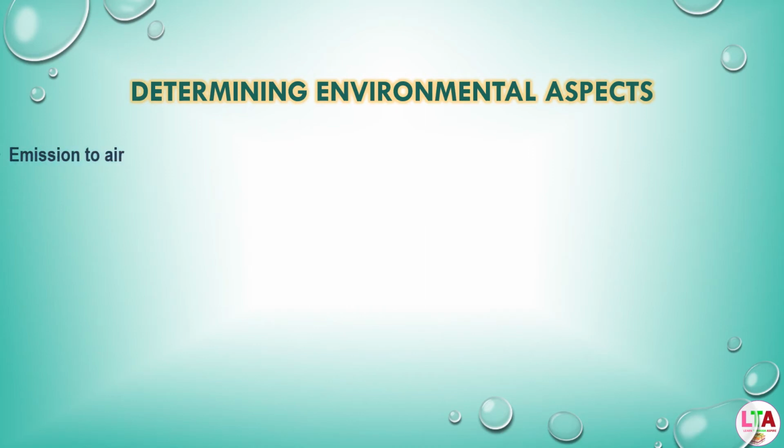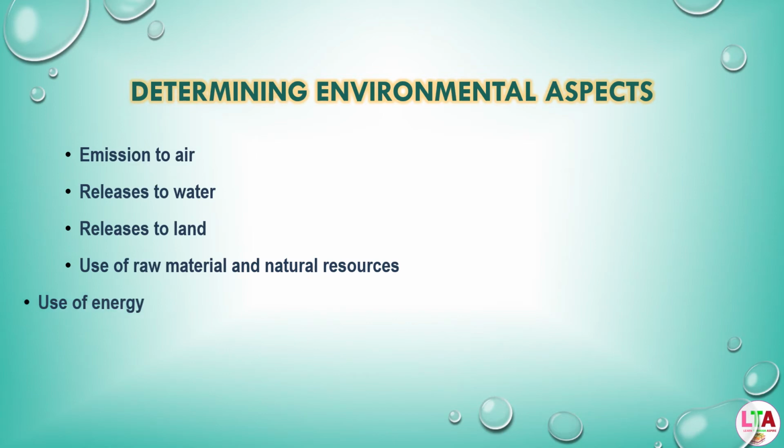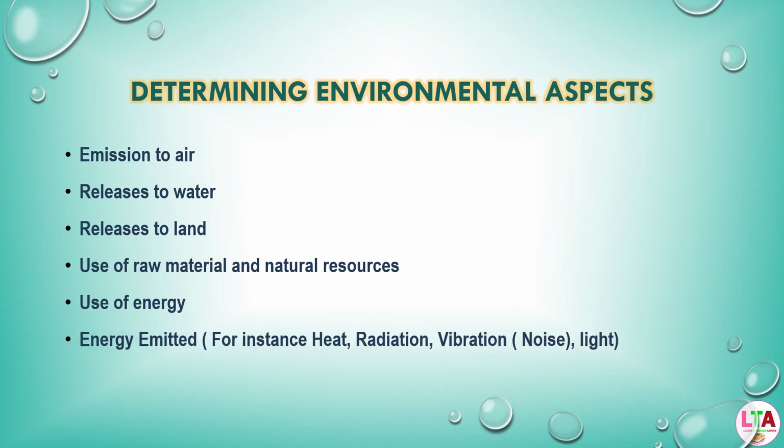The next thing we need to do is determine the environmental aspects. For converting the input into environmental aspects, there are two keywords we need to use. One is usage or consumption. The second is, while converting the activities into environmental aspects, whether it is a release or generation, we need to use that as a keyword. And while converting the output into an aspect, it may be a generation. Generation is a keyword we are going to use.